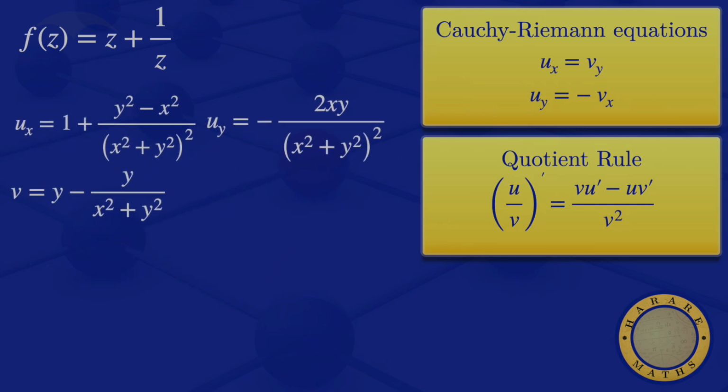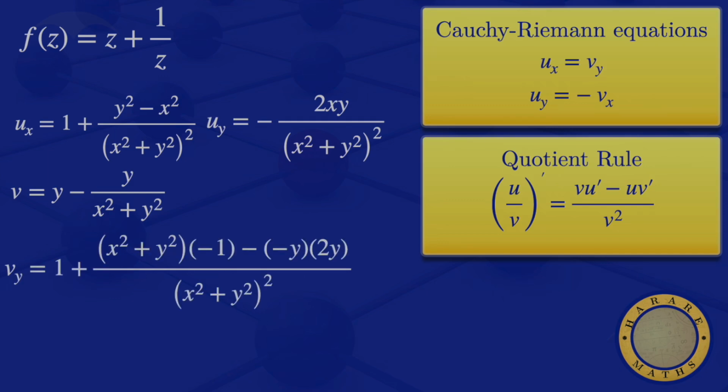We now go on and look at the partial derivatives of v with respect to y, then with respect to x. So we have our v here. Take the partial derivative with respect to y. When you differentiate this y, we get a 1. Then to differentiate this quotient, we use the quotient rule here, and we get the partial derivative of v with